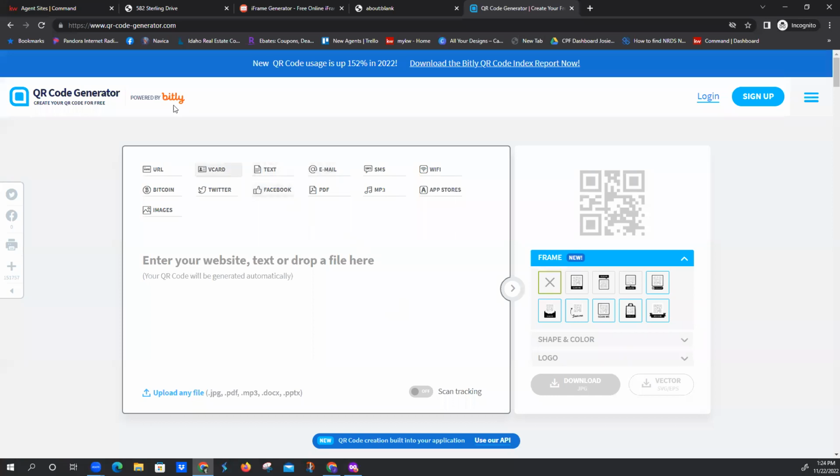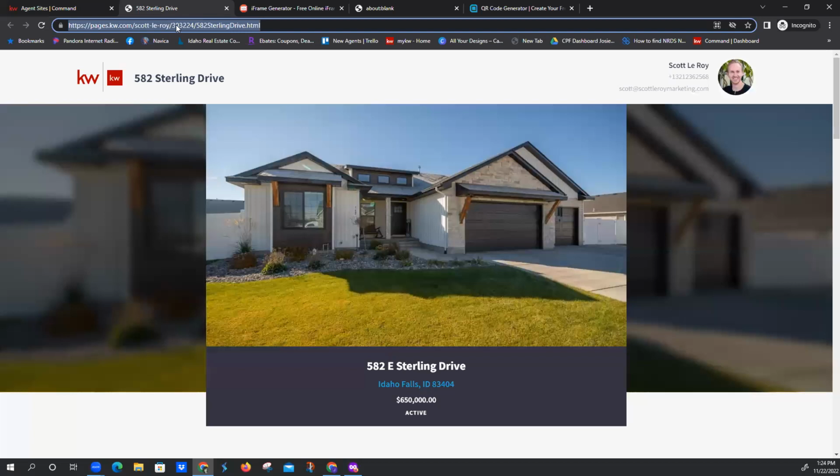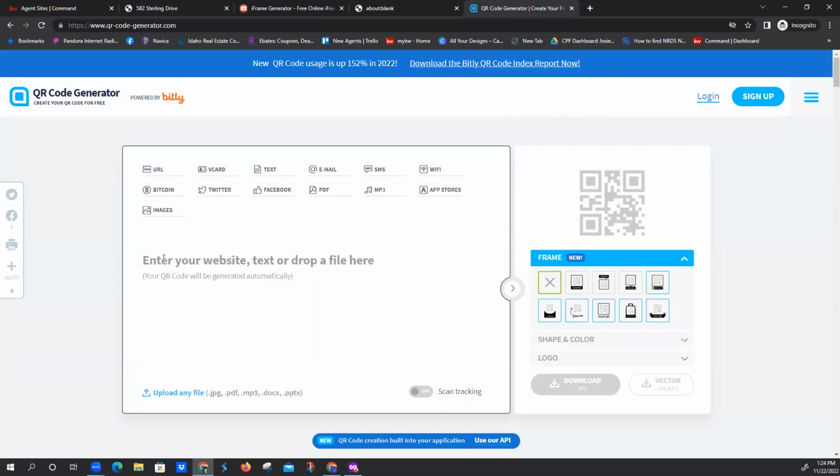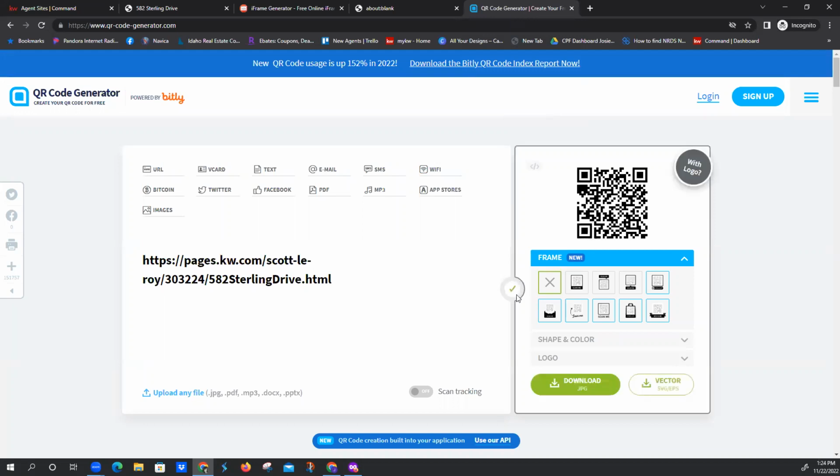Okay, so this is super easy. QR-code-generator.com. This is the URL that we're using right here. This is our page that we just created. So I'm just going to copy that. I'm coming back over to my QR code generator tab. Drop it in there. You can see it's working and it's ready to download. So you just click on download. It'll pop up in the corner in your downloads. I just recommend always checking